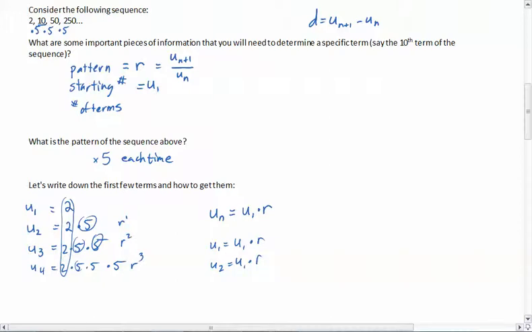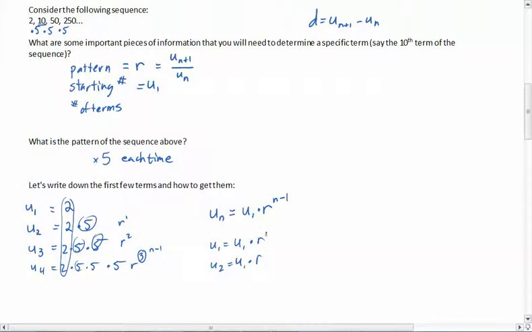And so from there, we say, okay, how is this related? What's changing here? Well, it's the n that's changing, right? You'll notice the n here is 2, and there's 1. 3, 2, 4, 3. So each time, this number right here is just 1 less than n, n minus 1. So we're going to rewrite this as being r to the n minus 1, which of course means for u1,